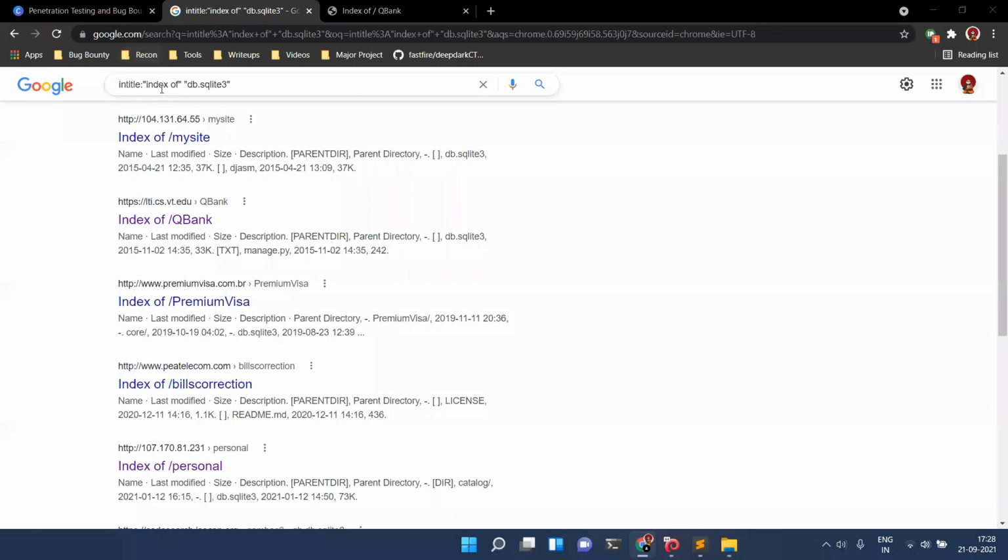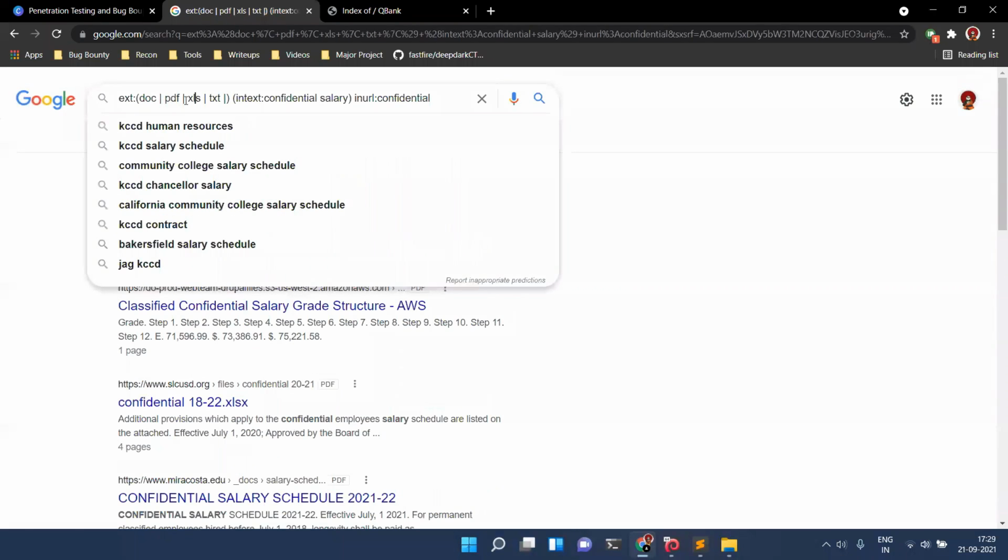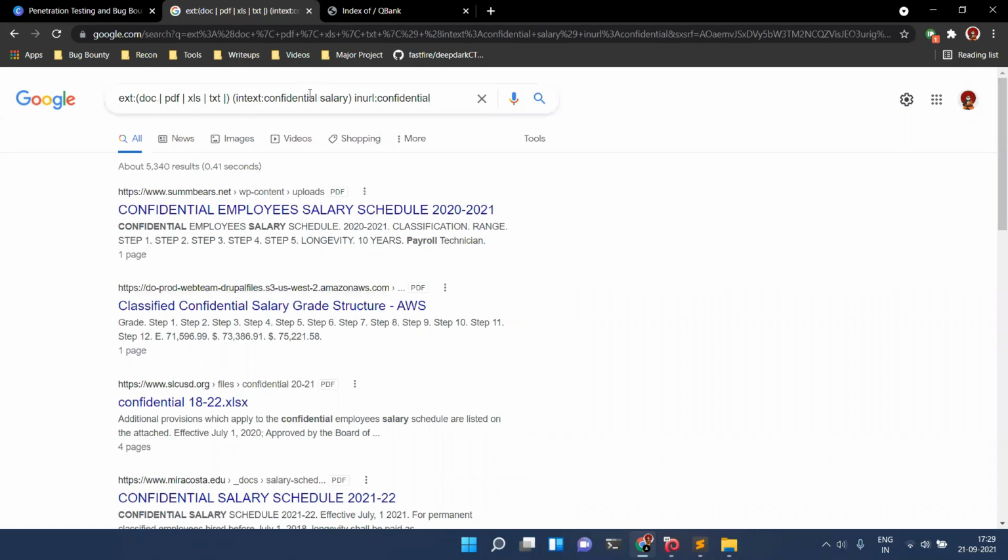Okay, this is something: the extension can be doc, PDF, XLS, or TXT, anything. Intext means that on that particular website, I need confidential salary. If you see below this, there's something called confidential salary. Inurl confidential means that in the URL, there should be confidential.